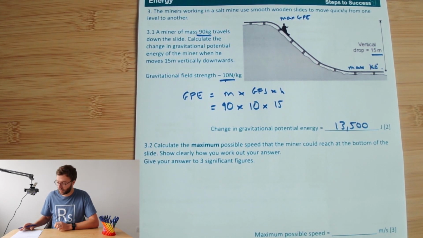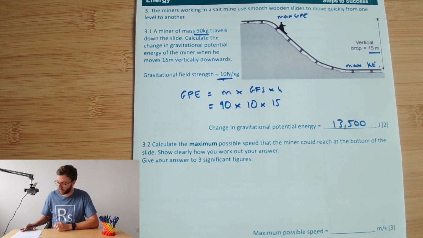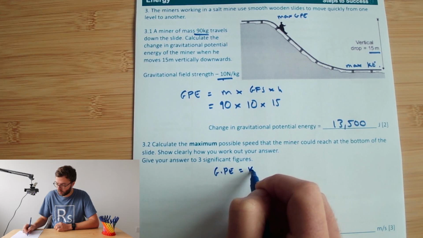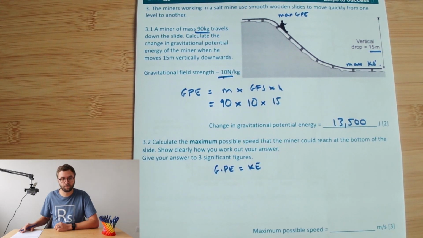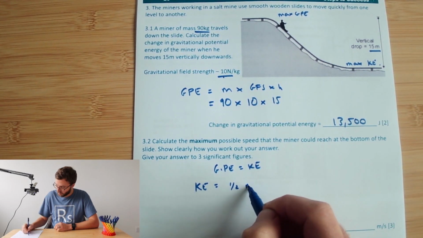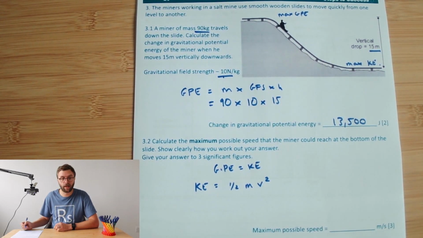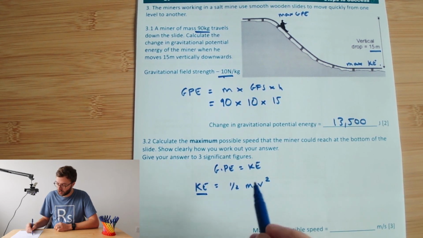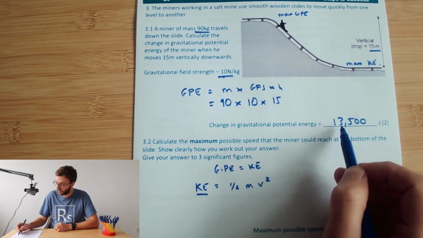In reality, that obviously wouldn't happen, and we'll look at that in the next question. But for the moment, we're going to assume that the GPE equals the kinetic energy. We know that our equation for kinetic energy is half mass times velocity squared, and so we can start to plug those numbers in. So the kinetic energy, if we're assuming it is the same as the GPE, the maximum will be